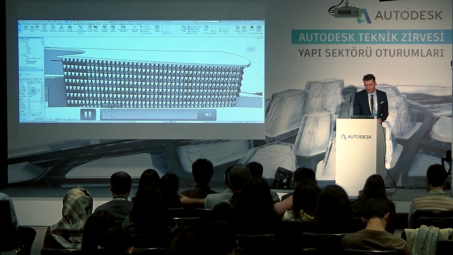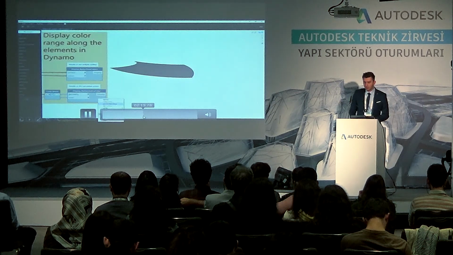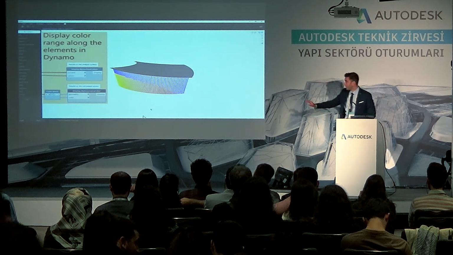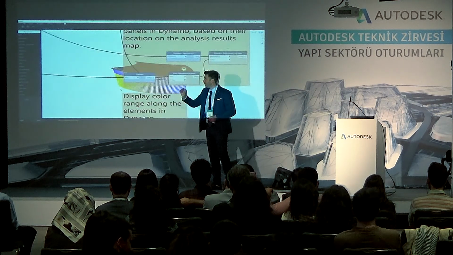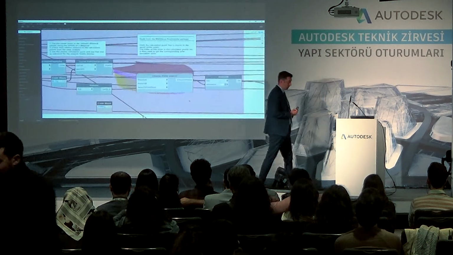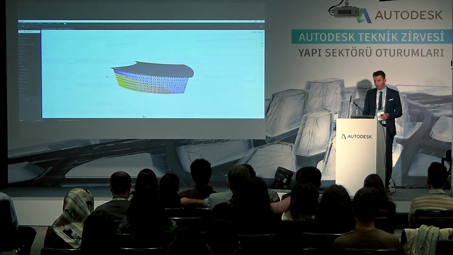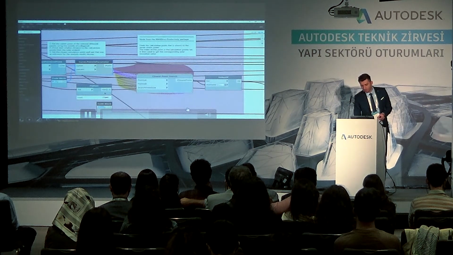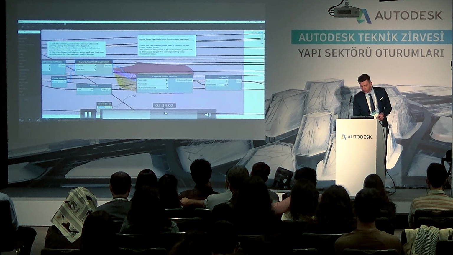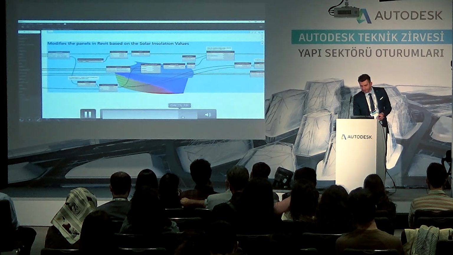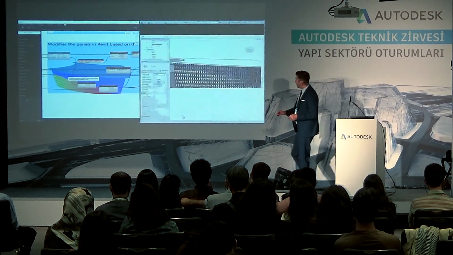And the effect will be this. Let's say we are using exactly the same script. We will change the final part. And these are the points located on the facade. Each point has a value of how much sun exposure there is in that position. So now we are matching the values of those points to the panels. So let's see the effect. This is the final effect, where you can see that the